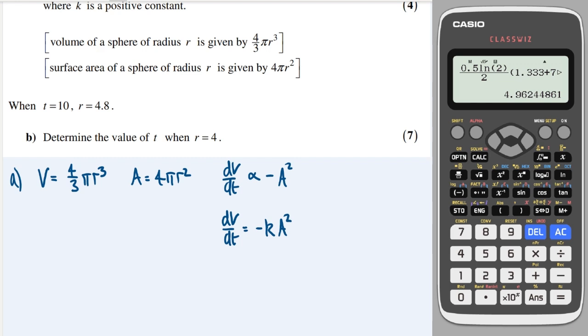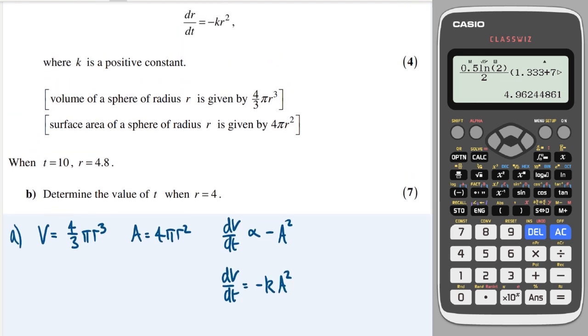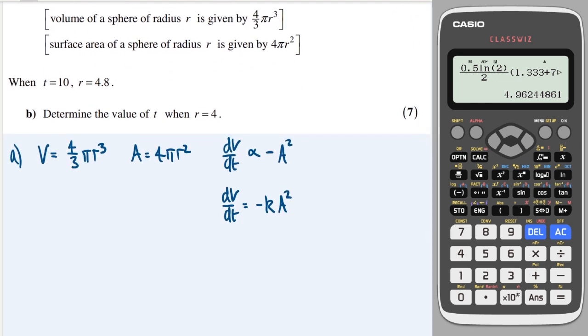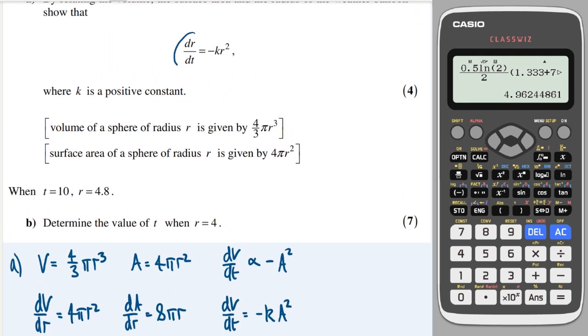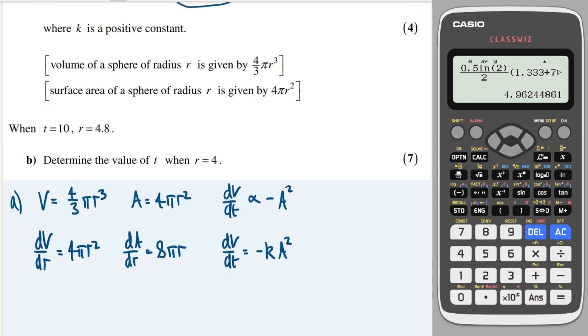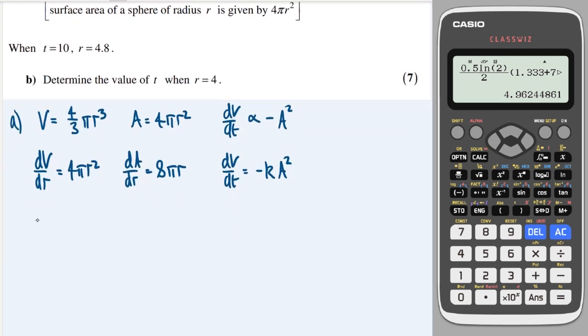I can also differentiate this, so dV by dr is equal to 4 pi r squared. That could be helpful, and I can also differentiate this with respect to r, and that will be 8 pi r. Okay, so I've got all my things set up, and I need to find dr by dt. Okay, so I want dr by dt,